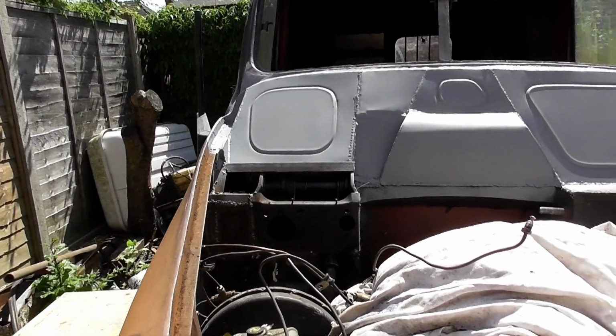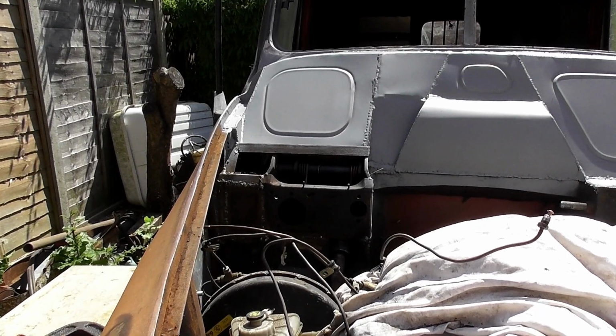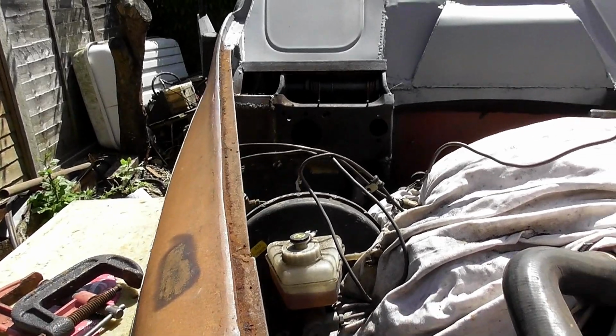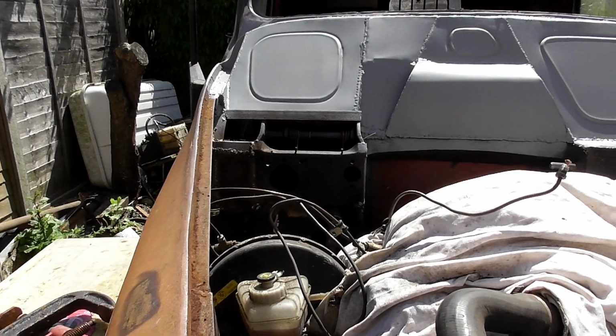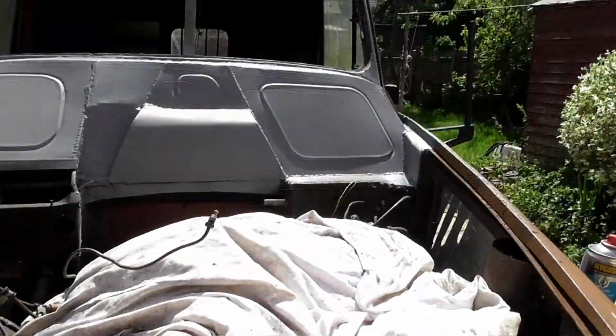In between jobs I am going to get the lid made for that brake unit, and I'm also going to fit the brake unit back on and get those pedals sorted out once and for all. I mean the new box is in place, so that's great. I'm really chuffed about that. So yeah,